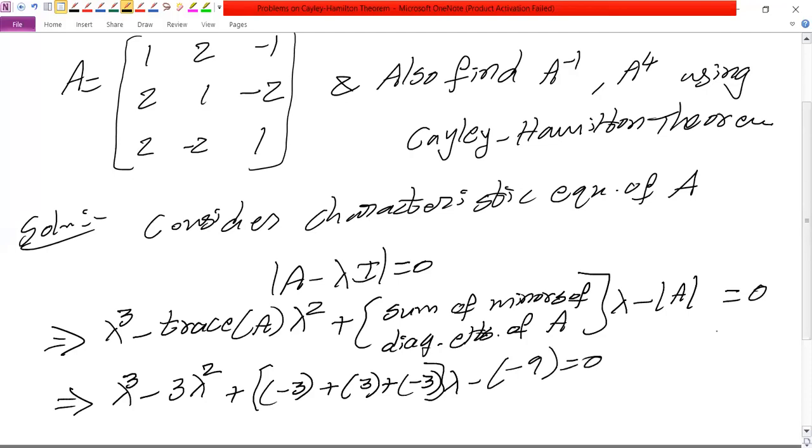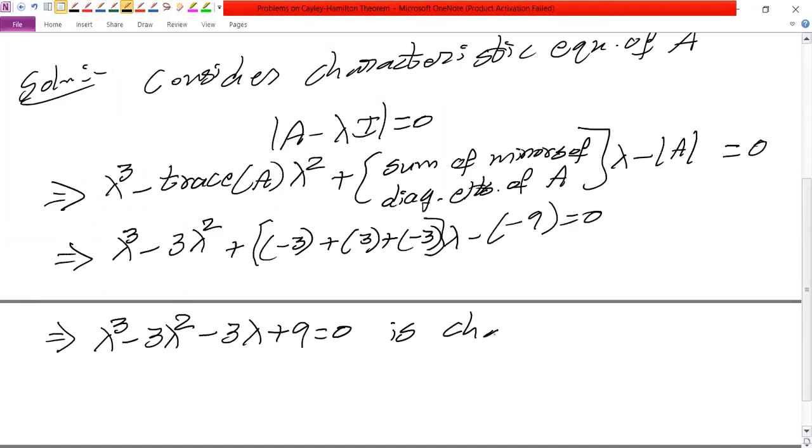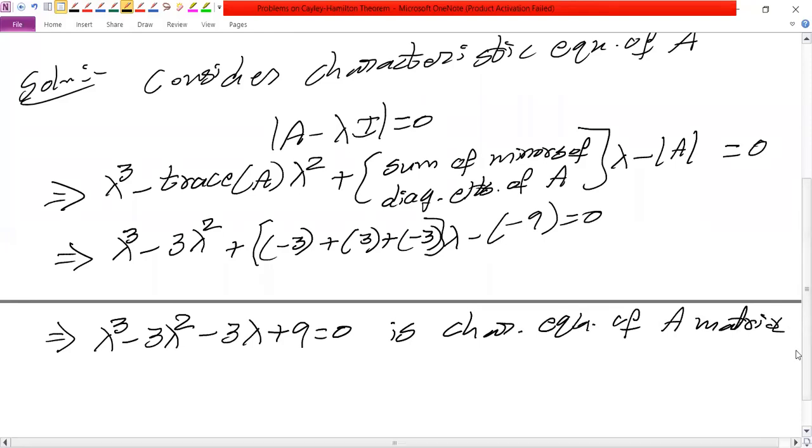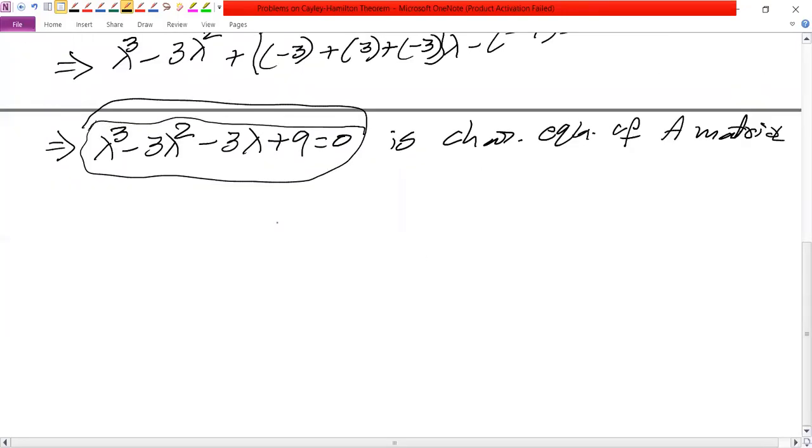So with this, I am going to write the final characteristic equation. That implies lambda cube minus 3 lambda square minus 3 lambda plus 9 equals 0 is the characteristic equation of the capital A matrix. Now what do we have to do? For verification, for Cayley-Hamilton theorem verification, we have to replace